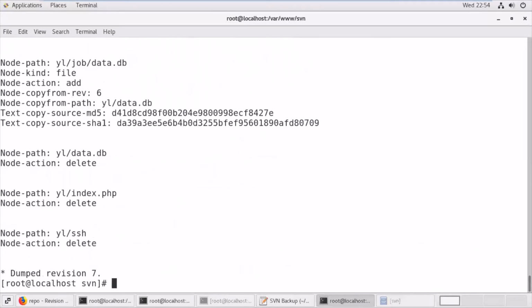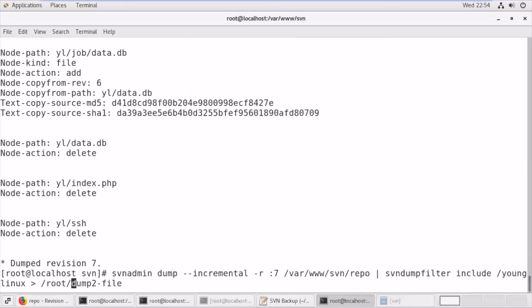So what we'll be doing now, let's create another repository and take incremental backup. Suppose I am taking this incremental backup from 1 to 4. This will be stored in dump3.